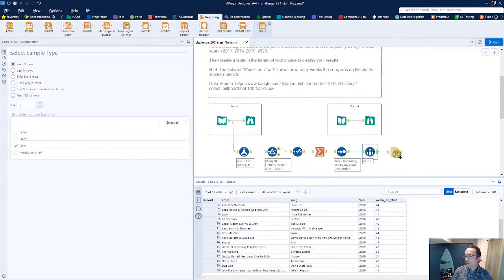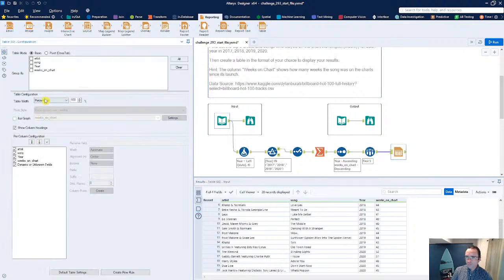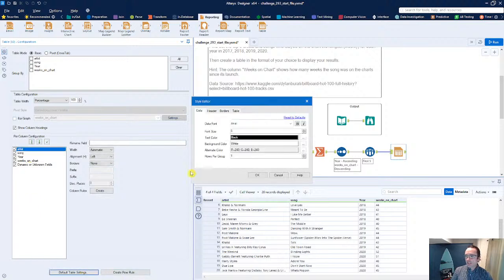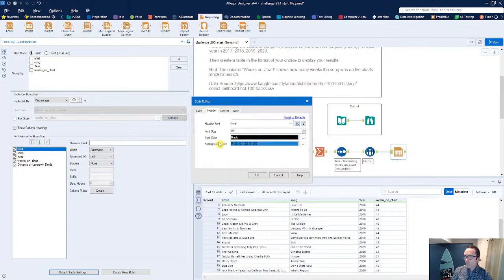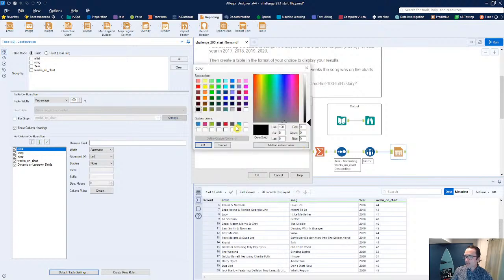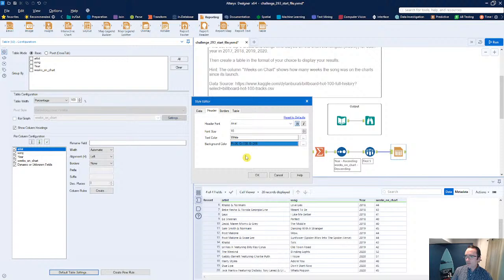So what I'm going to do, though, is start with just the table tool here. I'm not going to do any grouping up here necessarily at this point, but we're going to create a couple of different things. So first off, I'm going to go into my default table settings, because I can actually go into my headers. I'm going to bold those. I'm going to make the background color a little bit of a Data Prep U blue. The text color, I'm going to just do plain white, making that kind of boring, but maybe even increasing the font a little bit.